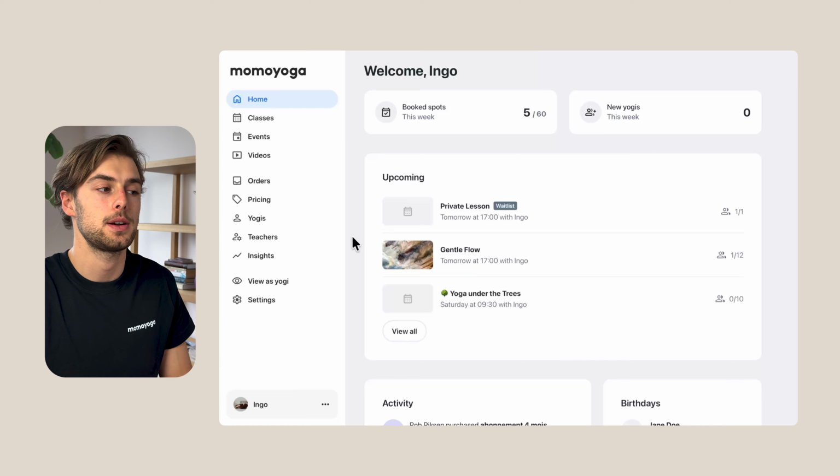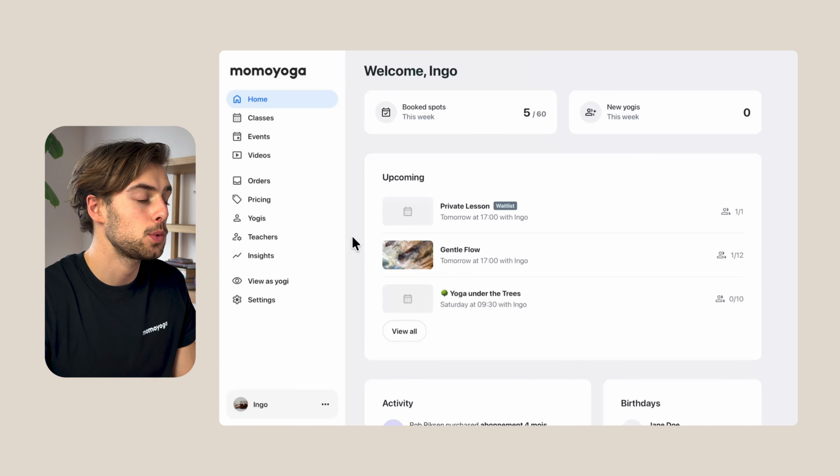Today we're going to have a look at how we can manage our teacher payouts. To get started, we're going to go to our Momoyoga environment, and we're going to click